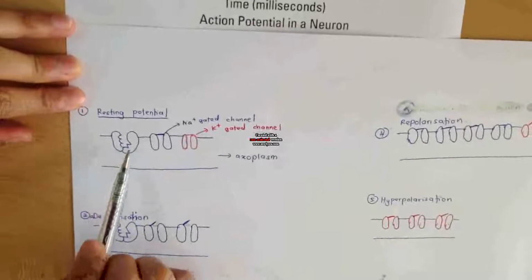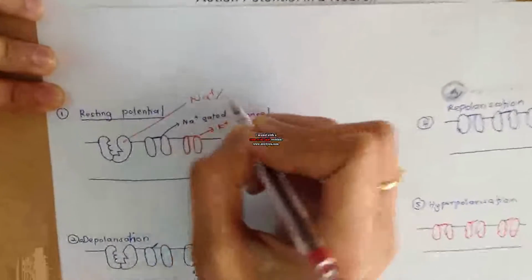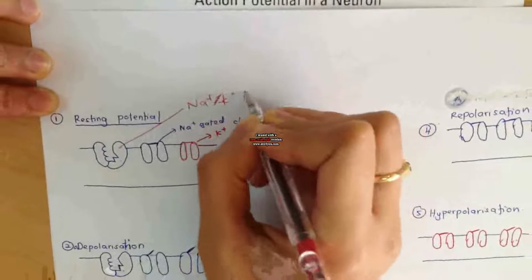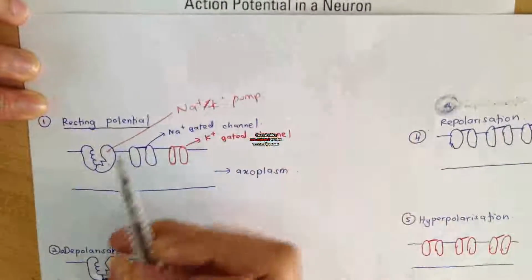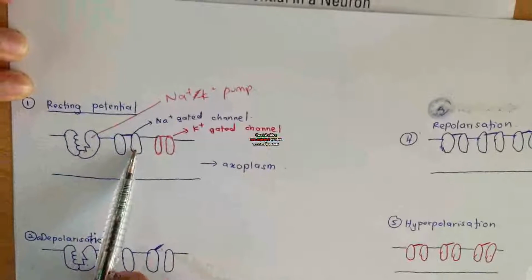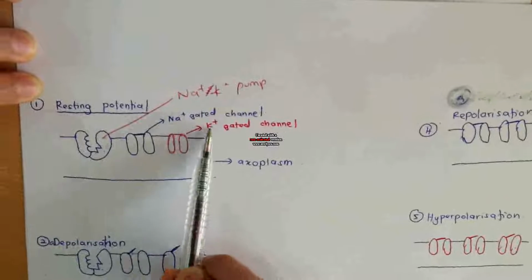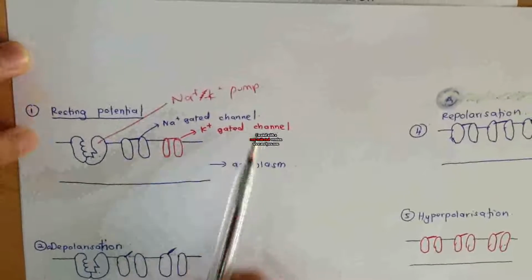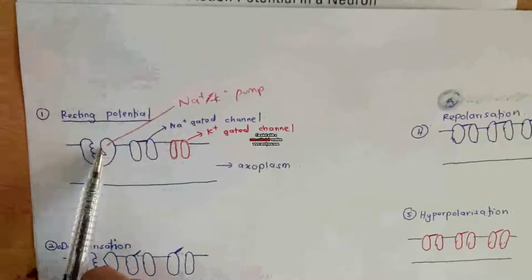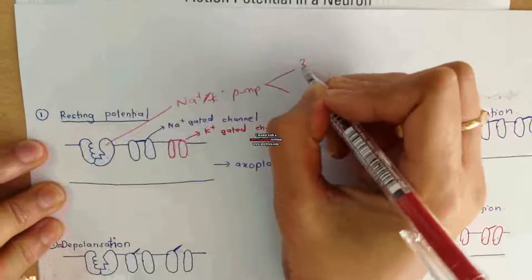Right. So the first protein is the NAK pump. Alright, so this is the NAK pump. And this one is the sodium gated channel, and the red one is the potassium ion gated channel. Okay, so for the sodium potassium pump, NAK pump, bear in mind that this one will pump 3